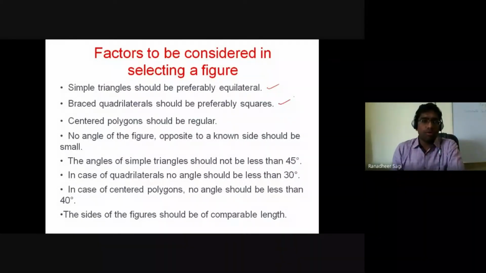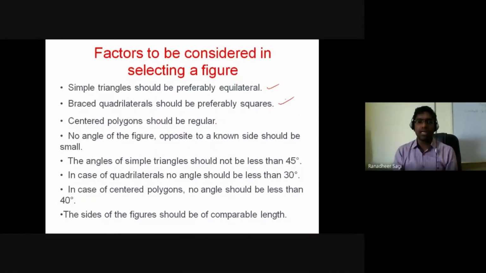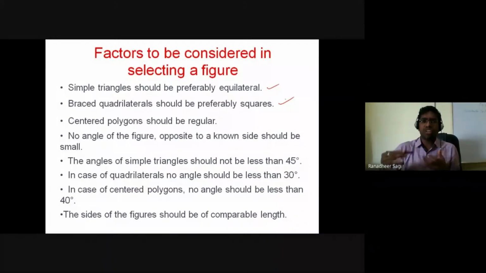And coming to braced quadrilaterals, let those braced quadrilaterals preferably be square shaped. It's not compulsory that it has to be like that, but preferably if you have shapes like that, it would make your life easy in your calculations, and the amount of errors that you encounter in the calculation will be relatively less. That's the reason we say, if you are trying to choose the triangles in the representation of your triangulation network, then choose the triangles in a way that you have more or less equilateral triangles. If it is braced quadrilaterals, prefer to have braced quadrilaterals of square shape. It would be easy for your calculations.